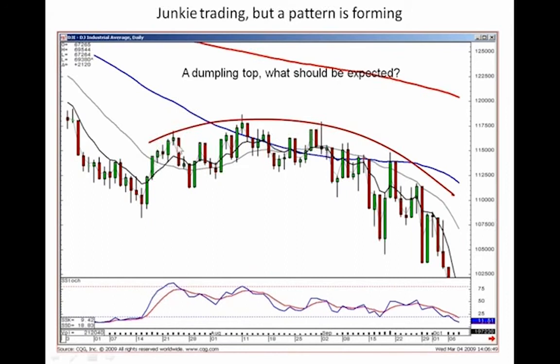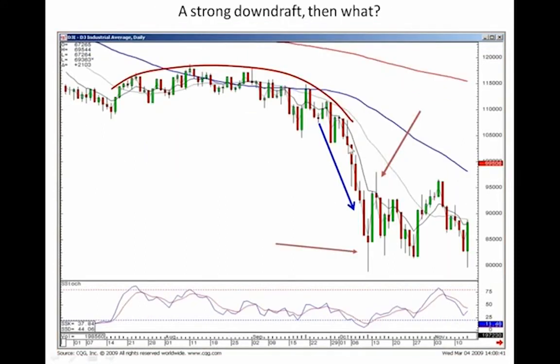Or because we can analyze a trend, this is the opposite of the fry pan bottom, one of the major patterns. This is called a dumpling top. You can't make any money in this type of market. Notice how it was up one day, down the next day, up, down, up, down. You couldn't make any money, but we know what the results are coming out of this dumpling top, a very